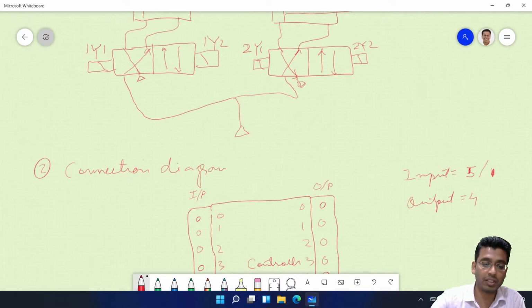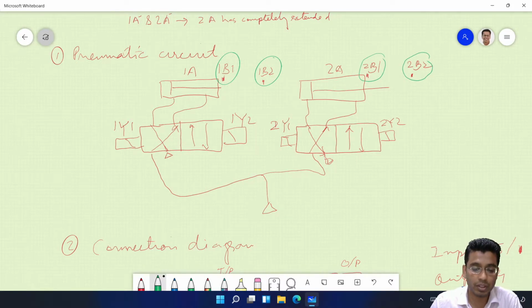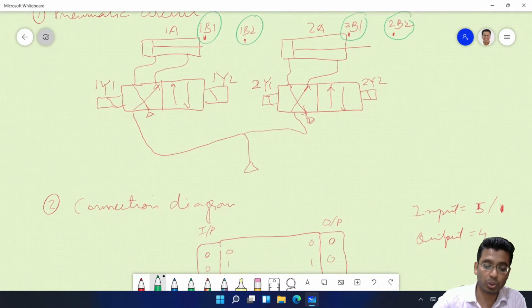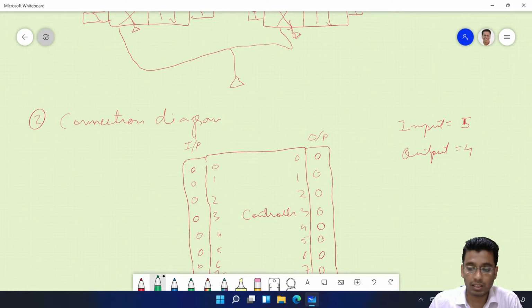Here, in the figure, your 1B1, 1B2, 2B1, 2B2, these 4 sensors along with your 1 push button constitute your input devices.